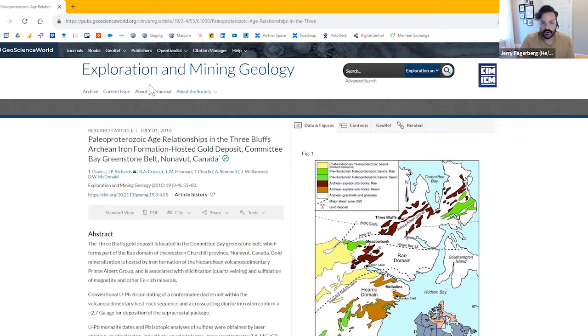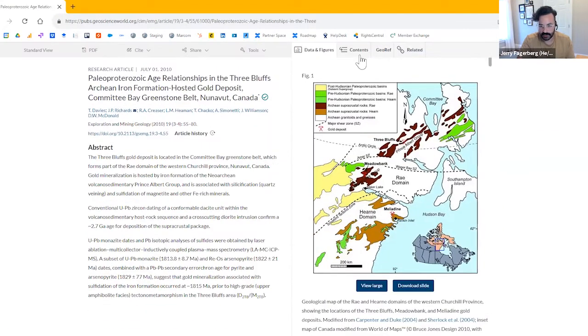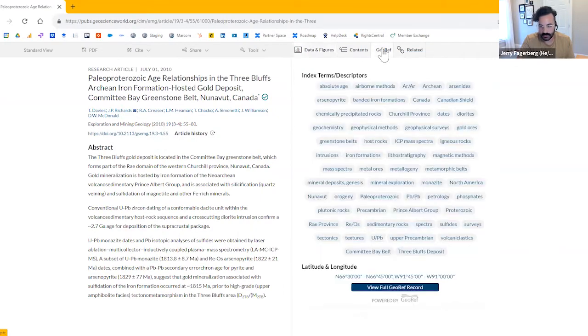So when you've landed on one article, you have a lot of options for what to do. You can, of course, take the PDF, take the citation, or share the article as you wish. But if you would like to get to other articles published at GSW, the internal navigation is here at the top of the right panel. And you can see you have GRF